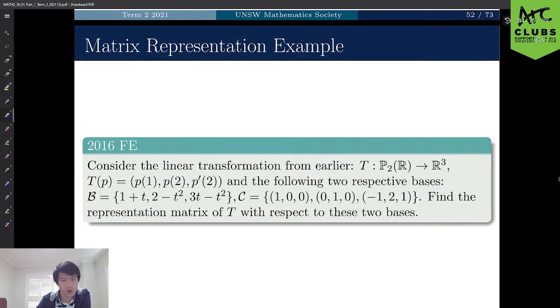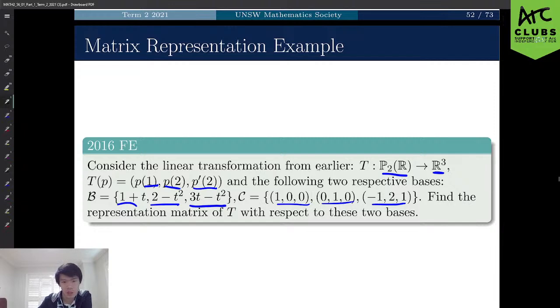So let's think what we're trying to do here. We have a linear transformation that converts P to R to R3, and it has a pretty simple form. But the issue is they want us to do it with respect to some annoying bases, and they often want us to do that. So when we think about it, what we're going to want to do is find a matrix